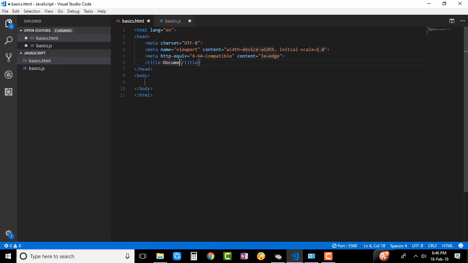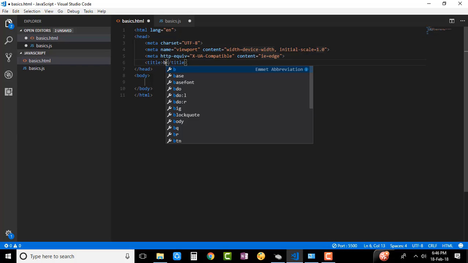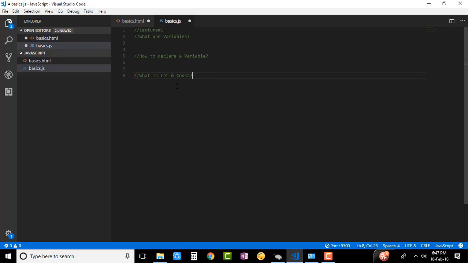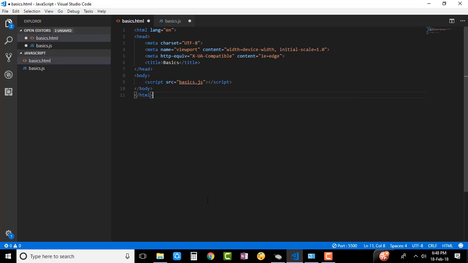Let me put the title as basics, and let me link the JavaScript file to the HTML, basics.js. So let me define the objective for this lecture. At the end of this lecture, you should know what are variables, how to declare a variable, and what is let and const. So before doing anything, let me start the server first